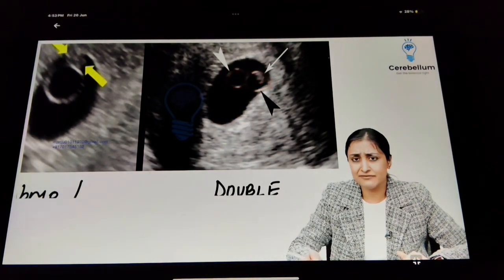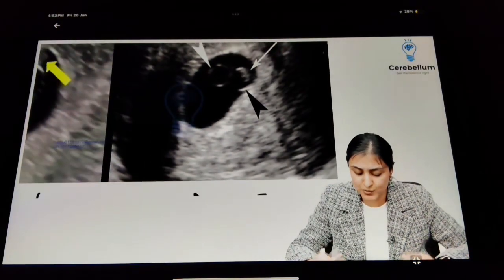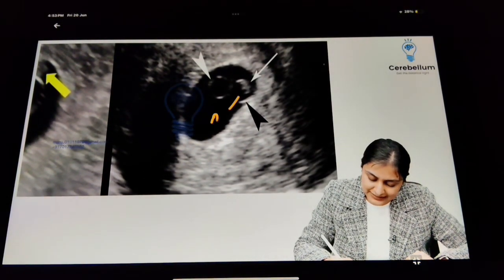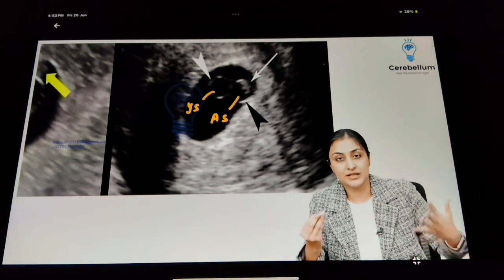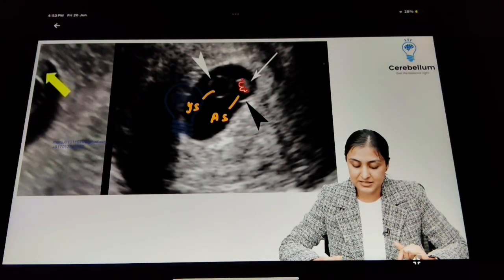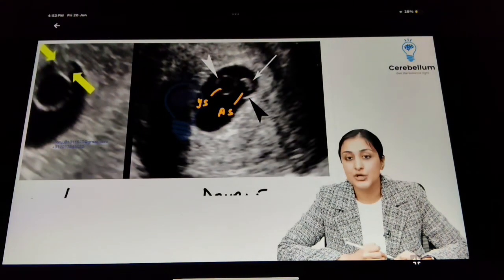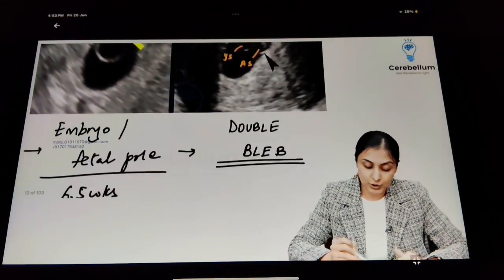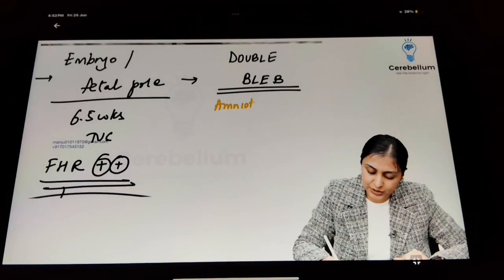Now you can't really say which is yolk sac, which is amniotic sac, and there is no need to as well. But in this case, this is actually the amniotic sac and this is the yolk sac. Doesn't really matter. So what you need to remember that the baby is going to be surrounded by the amniotic sac and this is our yolk sac. Okay. So this is what you need to remember, that the two blebs here are the amniotic sac and the